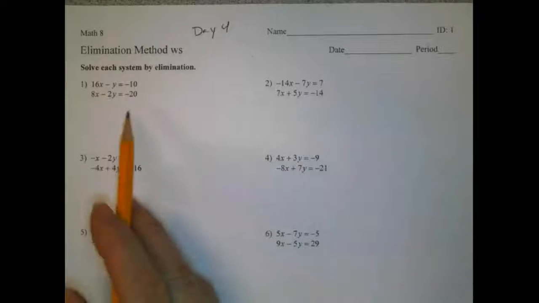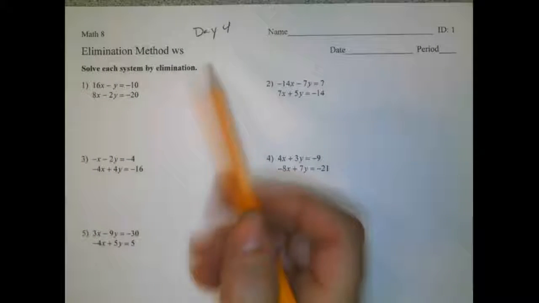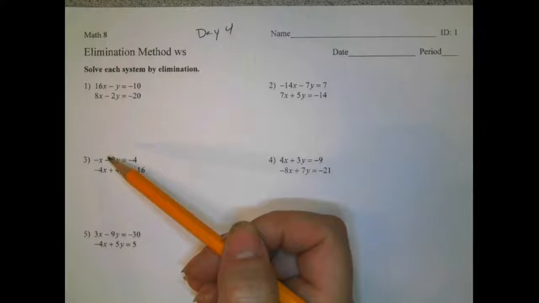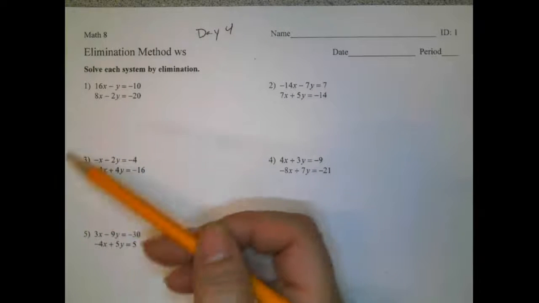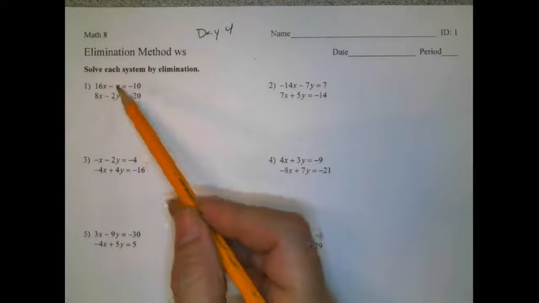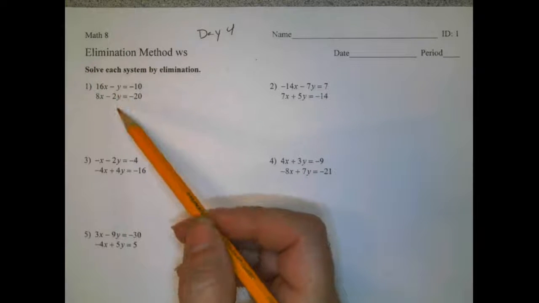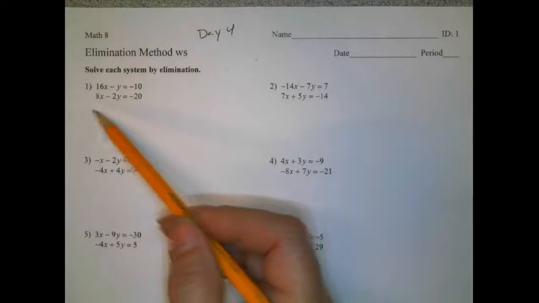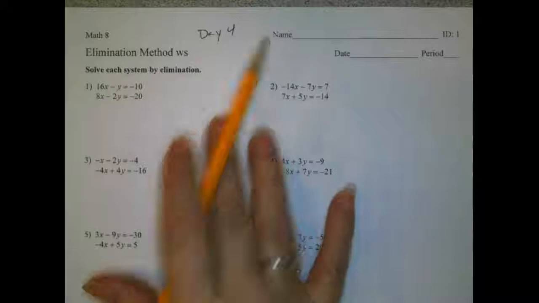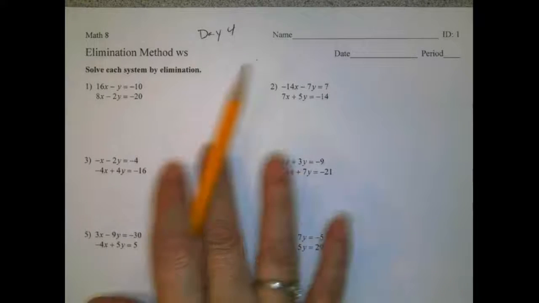First way, it says day 4. Day 1, they already had the conditions, and we just added them. The next day, we had same digit, we just didn't have opposite signs, so we multiplied one row by a -1, right? Yesterday, we had word problems where we took the information from the word problem, set up both